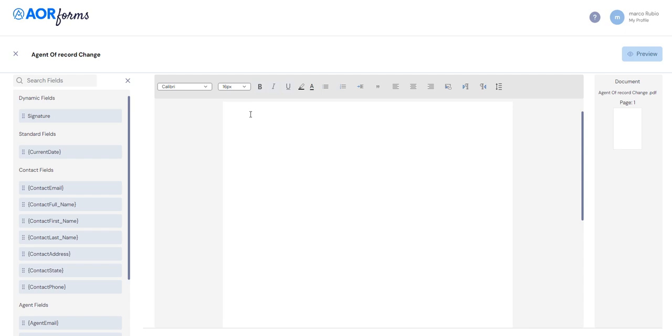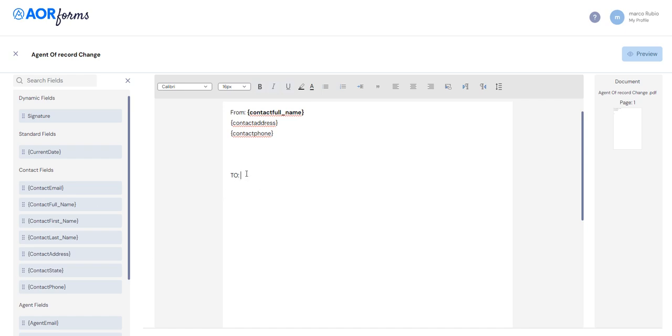So the first thing you're going to do is type the letter out that your customer is going to sign, like they are the one sending this letter. Okay, so we're going to say from, customer full name. This is going to be bold. And then we're going to put customer's address, and we're going to make that bold. Then we're going to put customer's phone number, or you may not want to include the phone number,